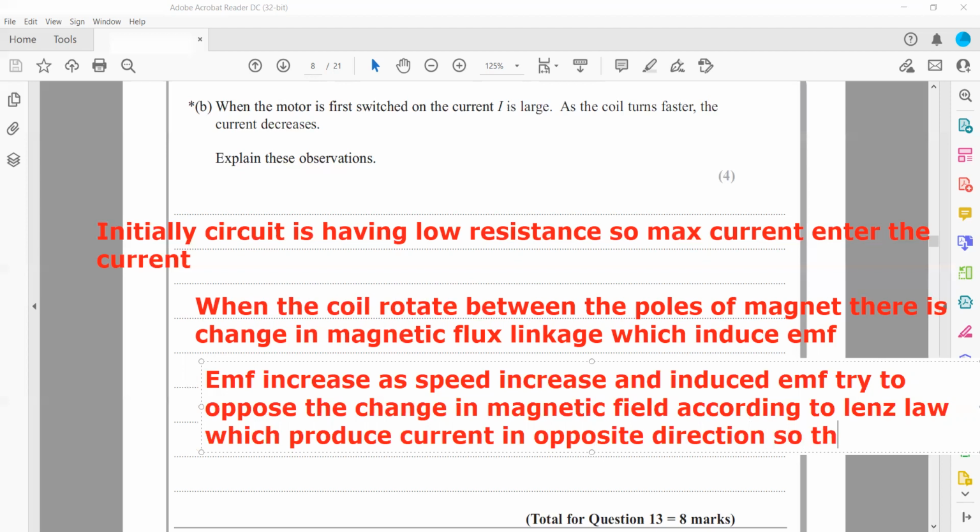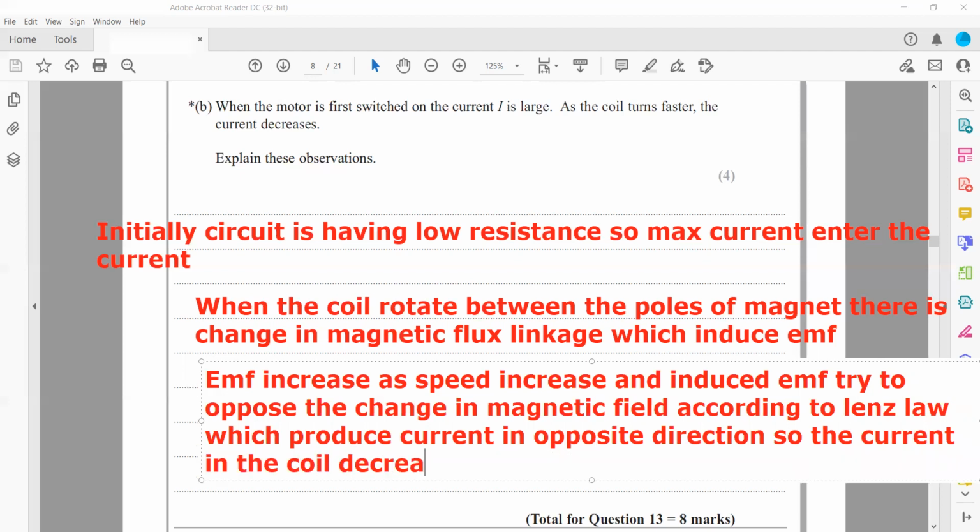So the current in the coil decreases, which reduces the